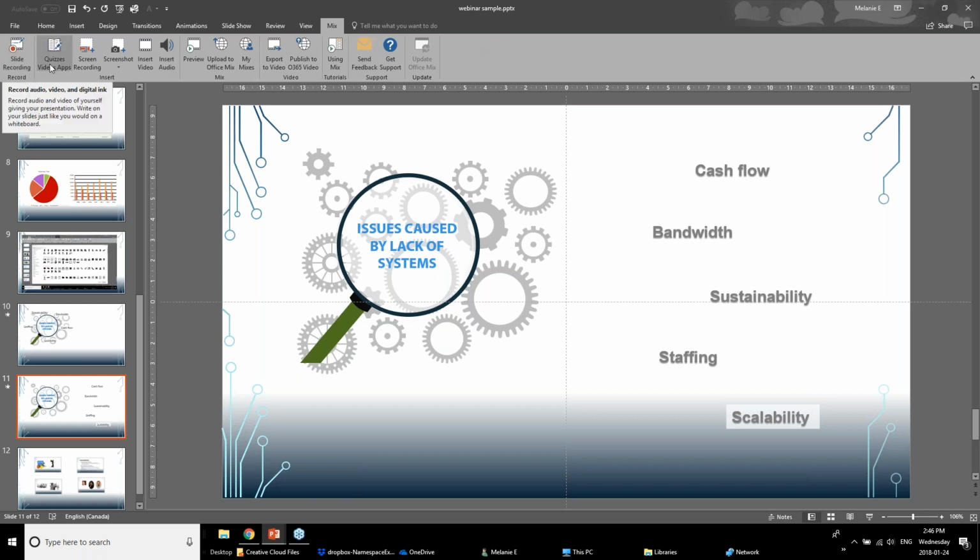We have slide recording. We have the ability to do quizzes and to add quizzes to your actual presentation. You can do a screen recording, a screenshot, and add more multimedia. You can add a video, you can add audio to your presentation. The real intent of Mix, and I'll just do this part right here to show you when you get to